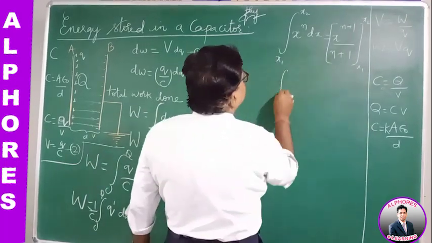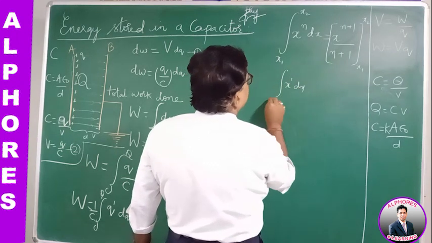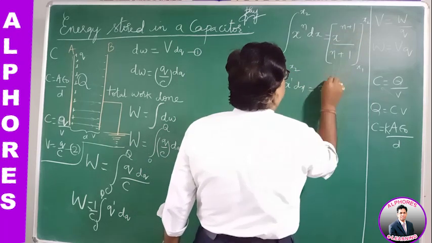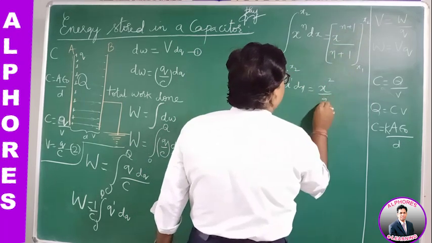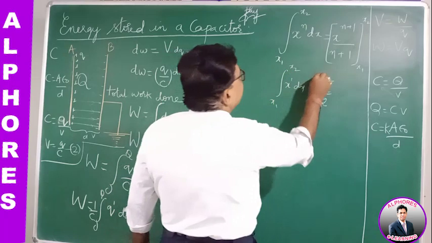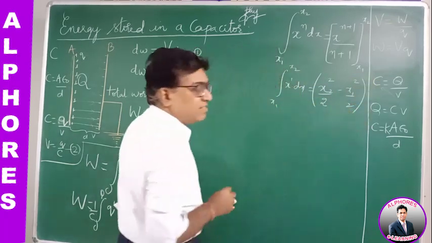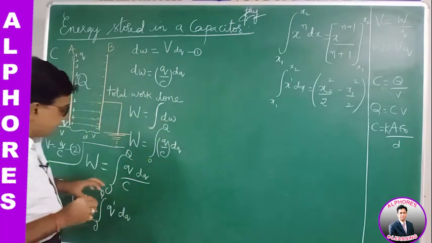We get it as the integral of x to the power 1 dx from x1 to x2. So we get x to the power 1 plus 1, x squared by 1 plus 1, which is 2. Upper limit minus lower limit, it is x2 squared minus x1 squared by 2. Correct? So putting the same thing in this one,